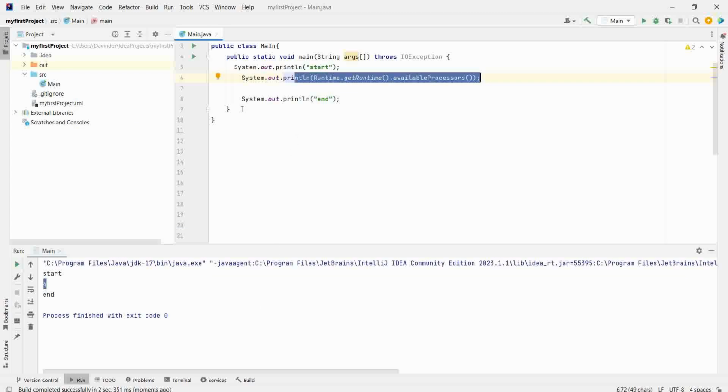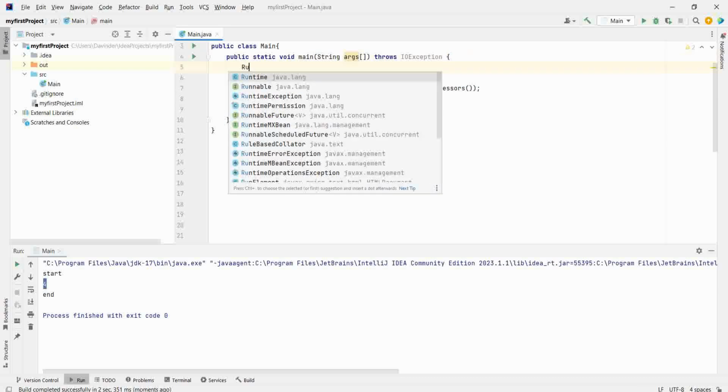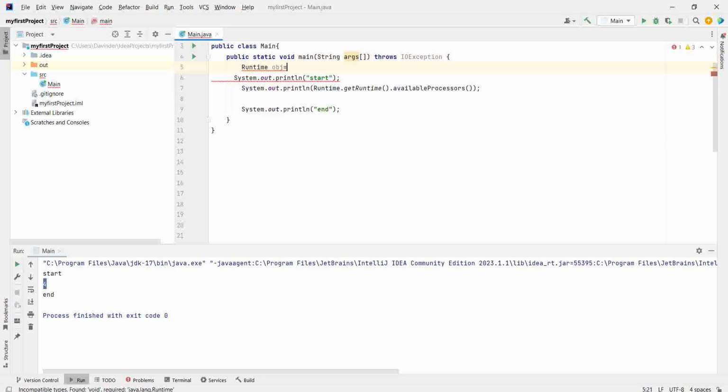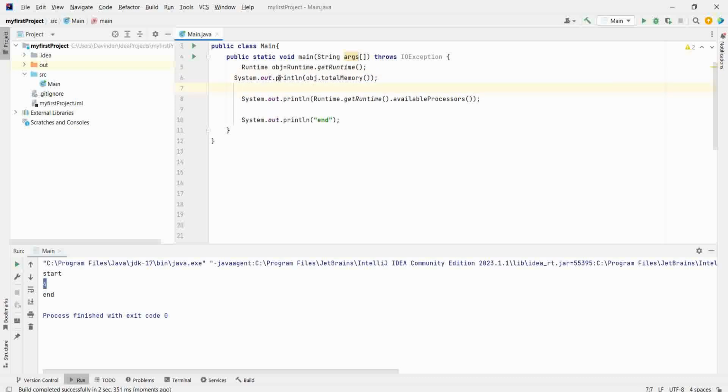Next you have free memory and total memory. Free memory and total memory will tell you how much memory is available and how much memory is free right now. So let's see this. System.out.println, Runtime object equal to Runtime.getRuntime(). Now object.totalMemory, and now object.freeMemory.